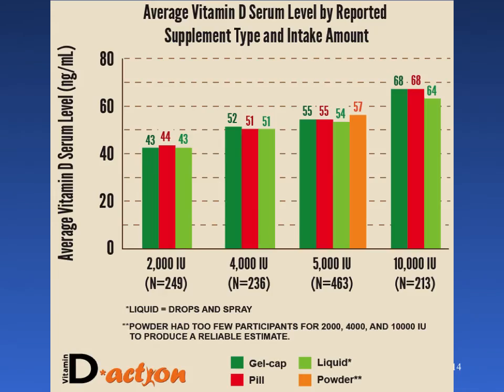This chart looks at the average serum level for each supplement type among 4 different daily intake levels. The intake amounts on the x-axis are the average amount of vitamin D taken in supplements per day over the last 6 months. We looked at different vitamin D supplement intake levels to keep that variable consistent when comparing supplement types. From our data, there does not appear to be a difference in the average serum level between supplement types.